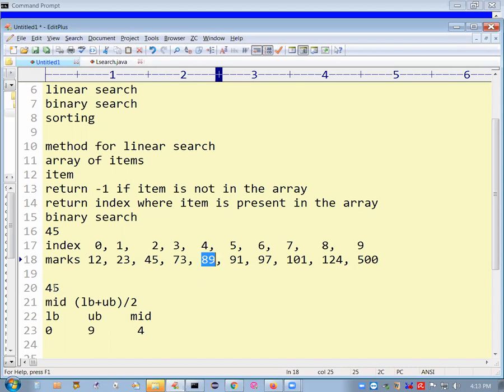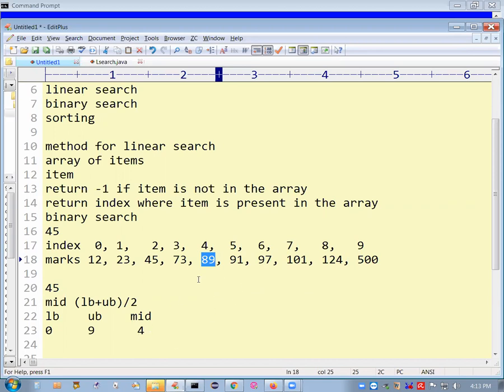Whereas you are looking for 45, so if at all it is there, it should be to the left of it. It should be in a smaller index than 4. So what is happening is, with one comparison, you are able to eliminate all these items from future comparisons. That is the advantage of binary search. With every comparison, you eliminate the need for comparing the remaining elements. Very quickly you can search for items there.